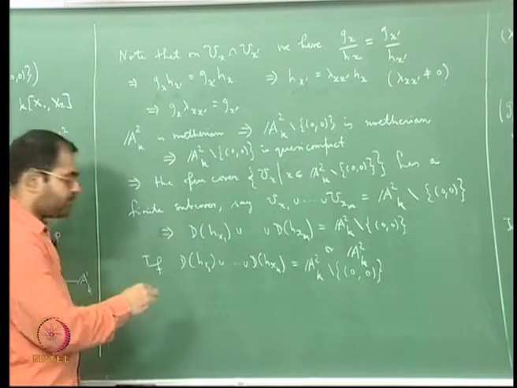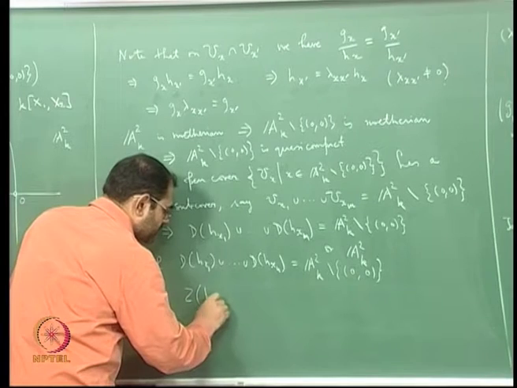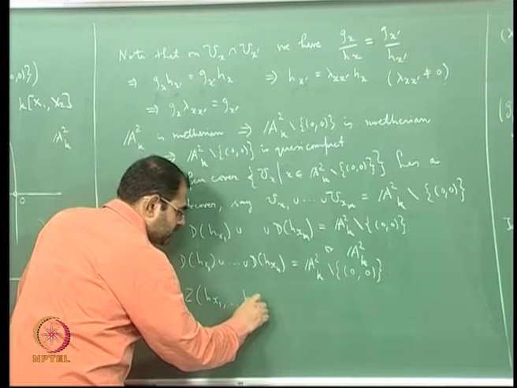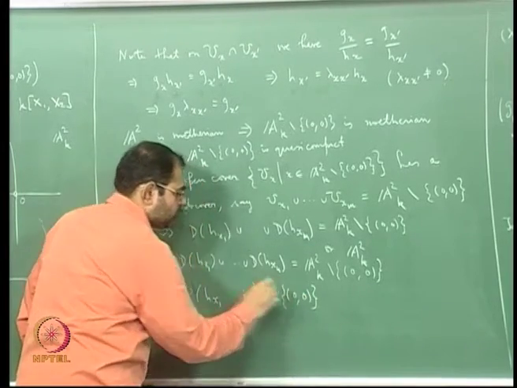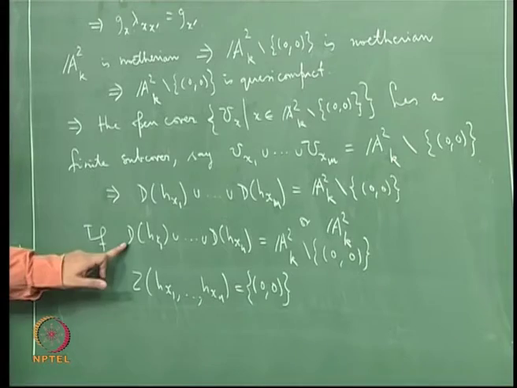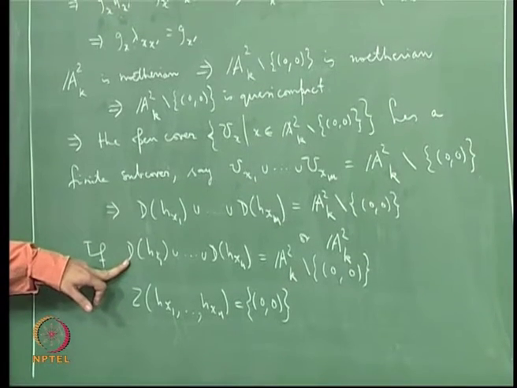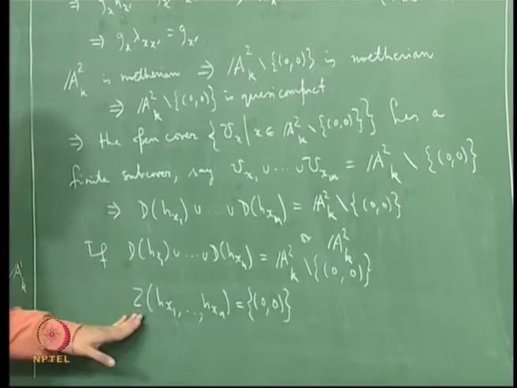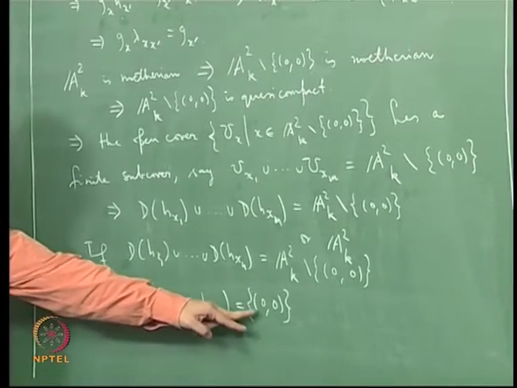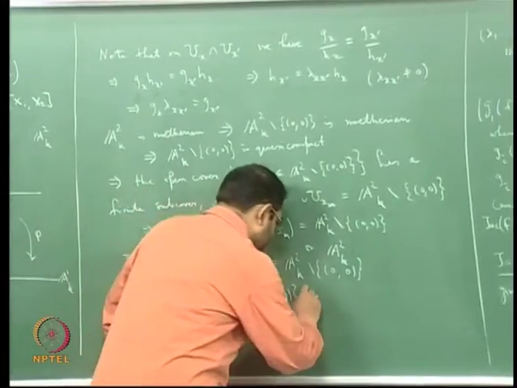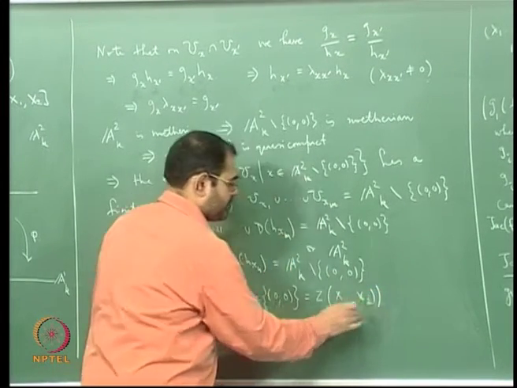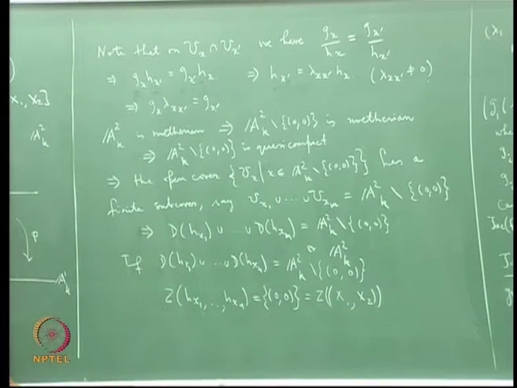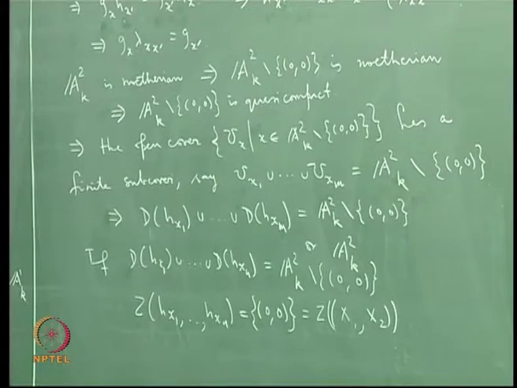what this will tell you is, if you take complements, that Z of Hx1 through Hxn is the point, because if I take the complement of dH I will get ZH, and the intersection of all the ZH is just Z of this. But for a point, this is actually Z of the maximal ideal (x1, x2), because the point (0, 0) corresponds to the zero set of the maximal ideal (x1, x2).